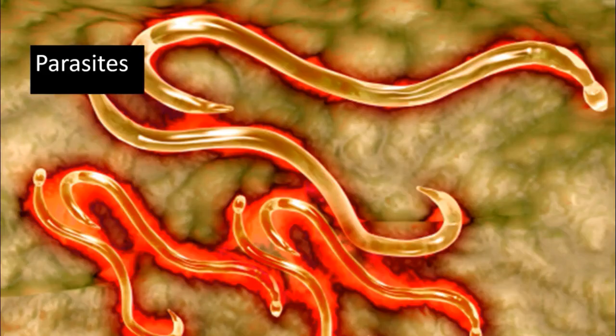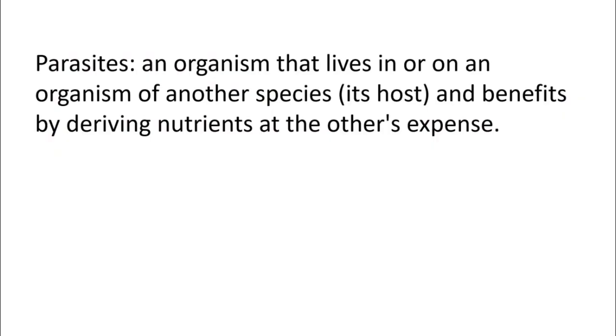And what do you mean by parasite? A parasite is again an organism that lives in or on some other organism. Right? For example, the worms you see here, they stay inside our intestine. Understood? And they take out all the nutrients, whatever we eat, and they consume it. All the benefits they take, but the expenses are somebody else's. So parasites are organisms that live in or on an organism of another species, and that species is called the host species.